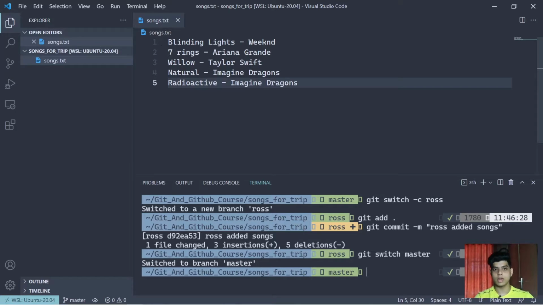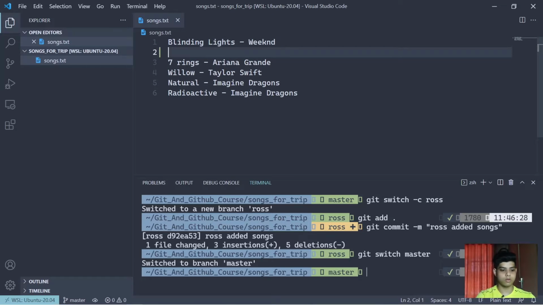Okay, so master had these things. Let's also add some songs in the master. Okay, so I'm gonna add a couple of Weeknd songs now. So let's do